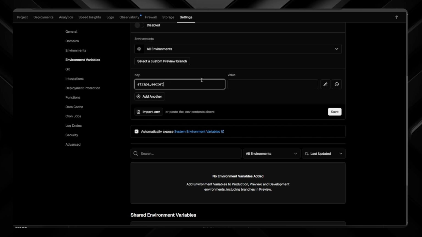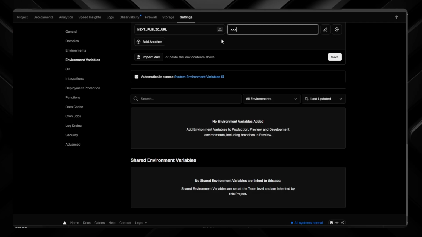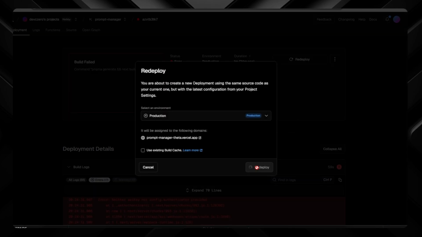Then it will work. When you will be filling it, you need to put environment variable name to the left and to the right, the value itself. So I will now fill it. Also, there is possibility of importing the env file and it should do it for you, but I will do it manually now. And then you will just go there and hit redeploy. After you redeploy it and it's successful,